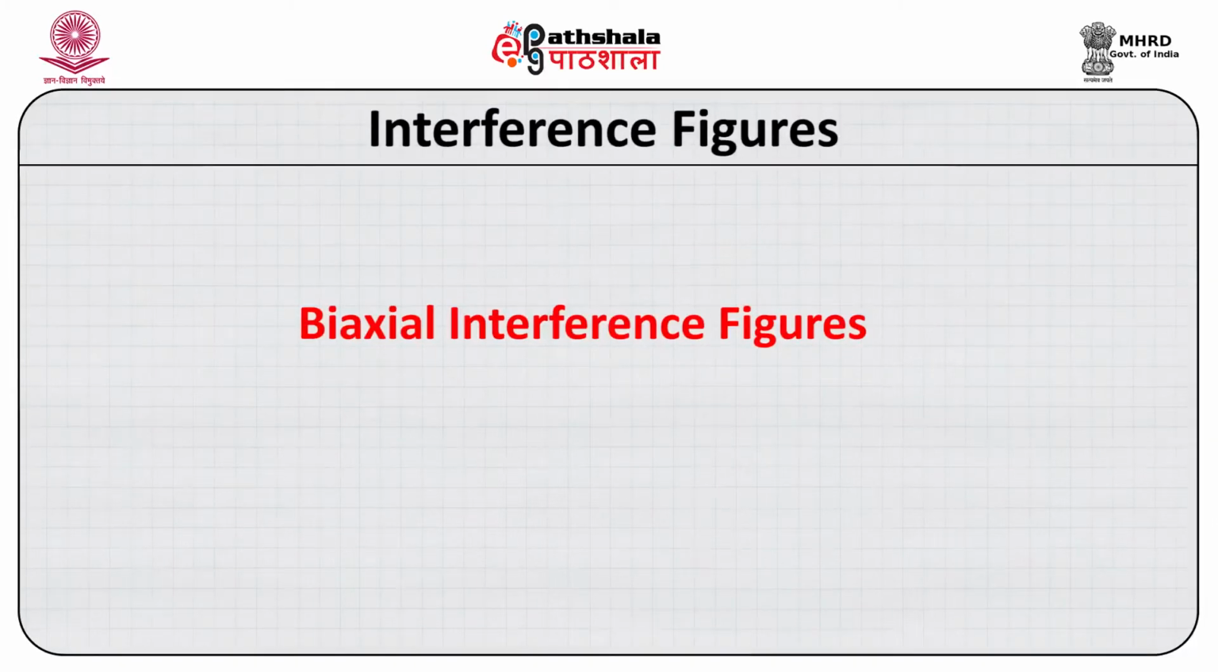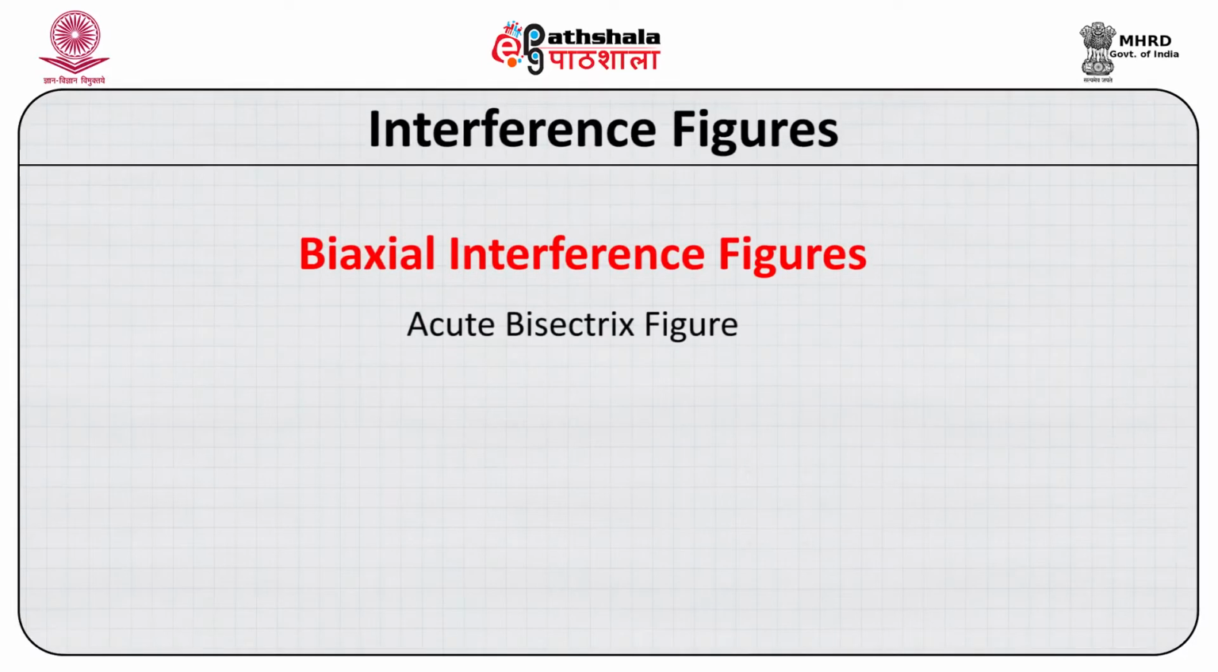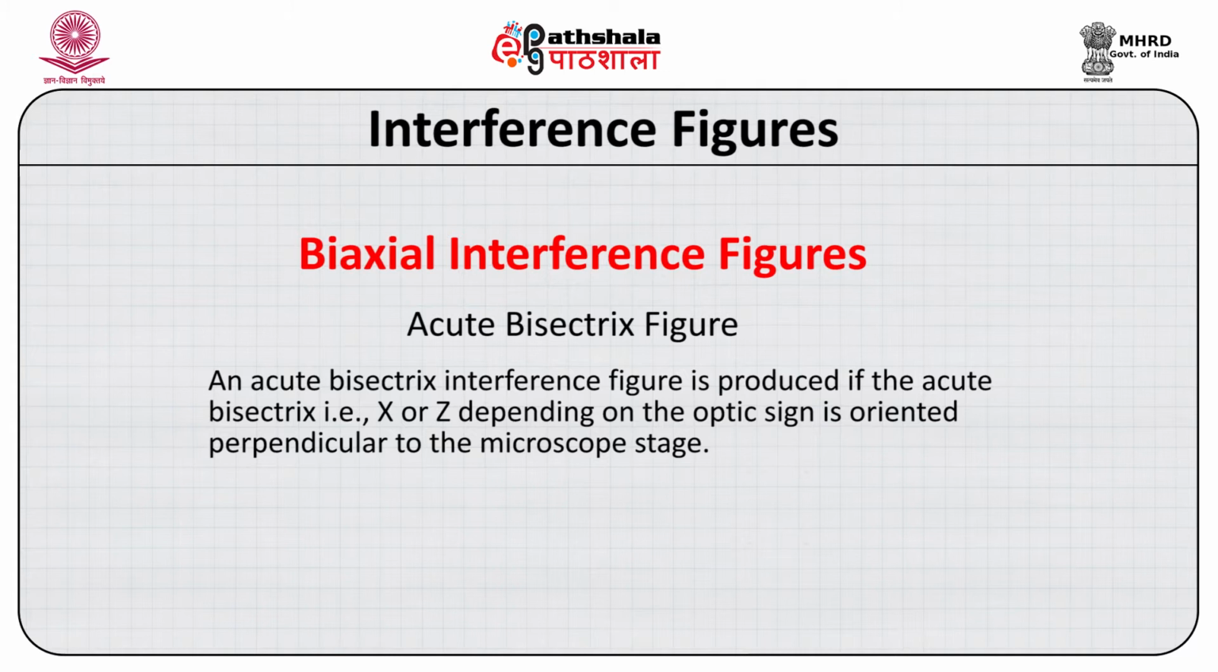The most prominent of the biaxial interference figures is the acute bisectrix figure. An acute bisectrix figure is produced if the acute bisectrix, that is X or Z, depending on the optic sign, is oriented perpendicular to the microscope stage. Given that a mineral has an optic axial angle, denoted by 2V, less than 50 to 60 degrees,